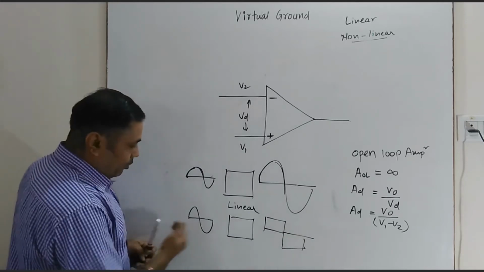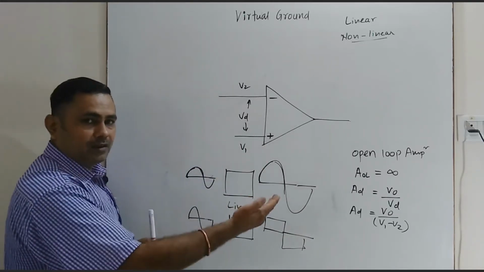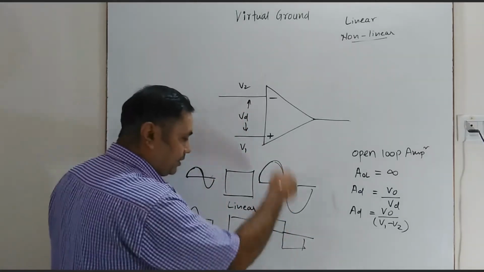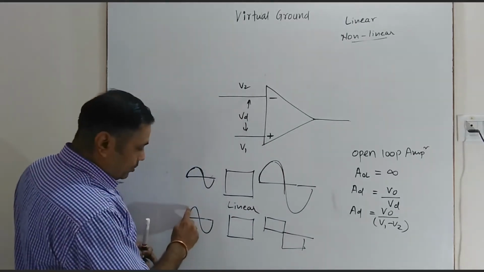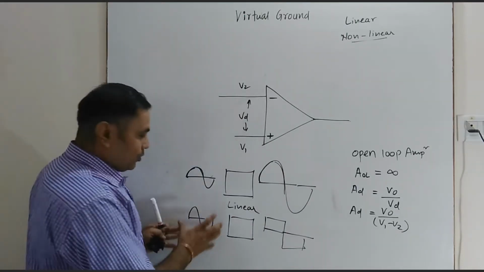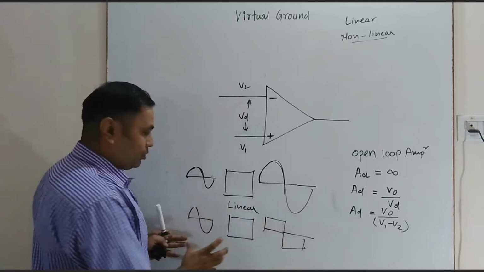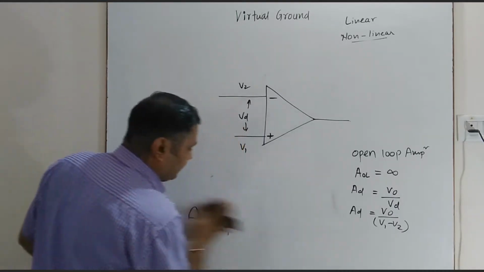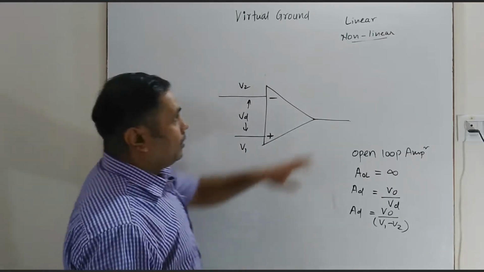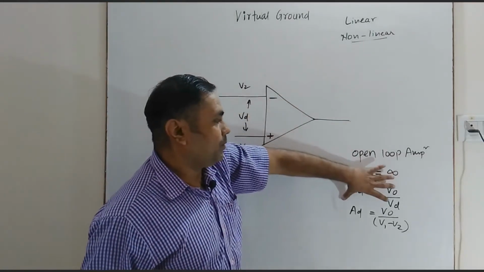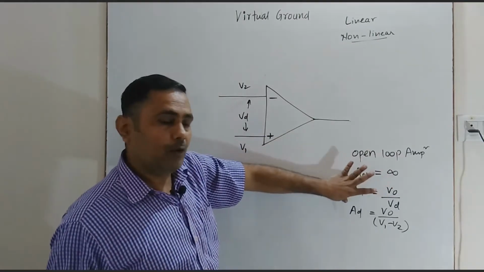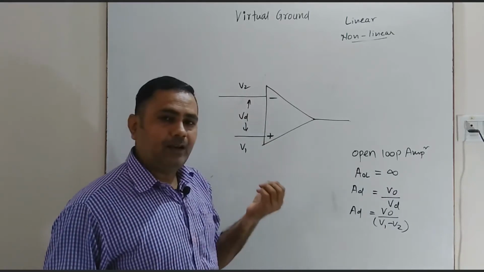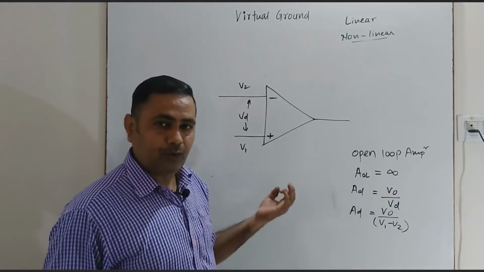Why? Because the magnitude of input is linearly changing, but here the magnitude changes at certain points, remains constant, and again suddenly changes. Here the magnitude should change with a slow value. So this is not a linear application. So this is a non-linear application. So an operational amplifier is mostly used in both types of application, linear and non-linear. Non-linear applications can be achieved using an operational amplifier when it is used as an open loop amplifier, because the gain is infinity, so we can get a higher output for a little value of input voltage.